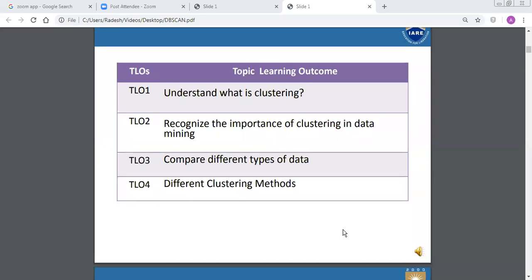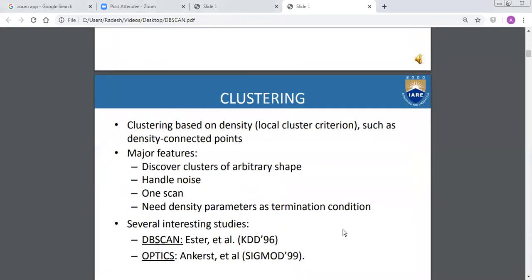Today we are going to discuss another kind of clustering technique, which is called DBSCAN. Why are we going with DBSCAN when we have the k-means clustering algorithm and the two types of hierarchical clustering algorithms? Even though we have these clustering algorithms, we are left with some drawbacks in k-means and hierarchical clustering, where the noise ratio is very high.